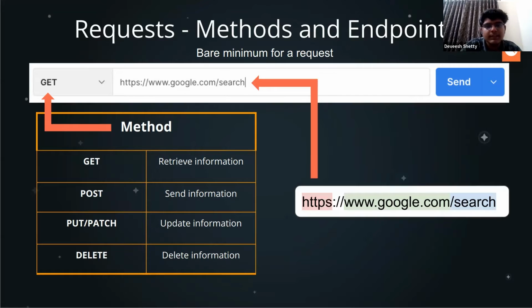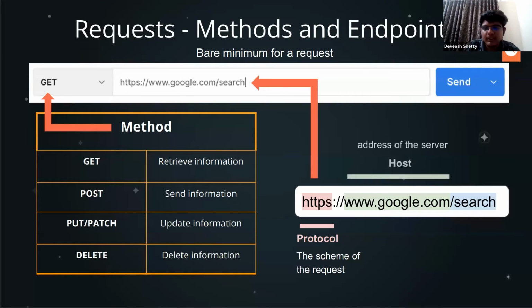So see, this entire URL, we are breaking it down. This is the protocol. There are different kinds of protocol, there are HTTP, HTTPS. S means it is secure. It has licenses, SSL certificates and all. So it means secure. You can visit the site. And it is always fishy to visit a site with HTTP. So that's where cyber security comes in. Yeah, so that's different. Then this is the host or the address, the google.com, which I told.